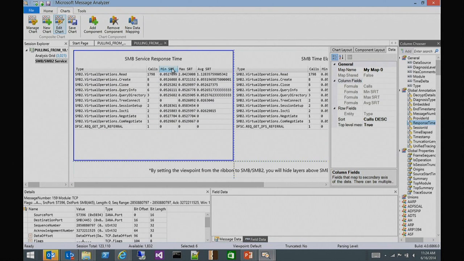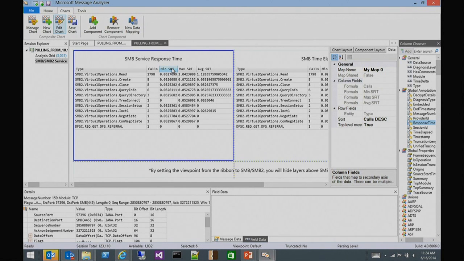I use the min function to say, well, get me the minimum time and the maximum time and the average time. And then using this chart between two different traces, they had a good trace and a bad trace, they're able to tell that one machine was a lot slower and that it was the network that was causing the issue. And in fact, it was kind of really easy because in Message Analyzer, we have the diagnosis whenever you have TCP retransmits. So they're able to see the SMB message, click the diagnosis, and it says that there's 100 retransmits or whatever. So it almost makes the hard problem really simple when you look at it that way. But with this chart, you can get a high-level view of the service response time for SMB,